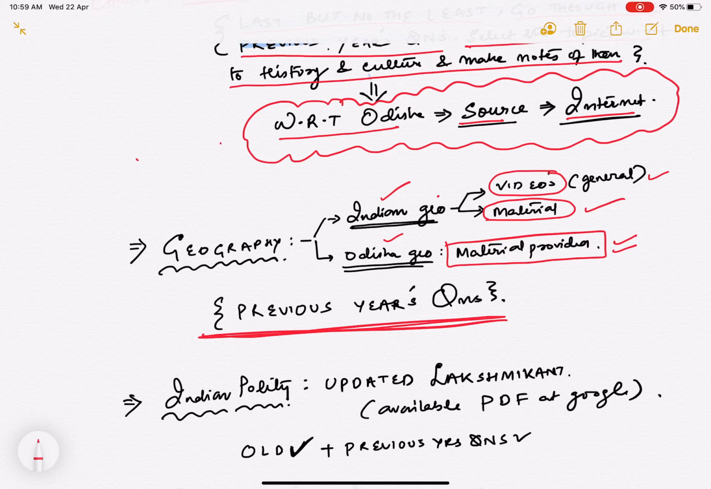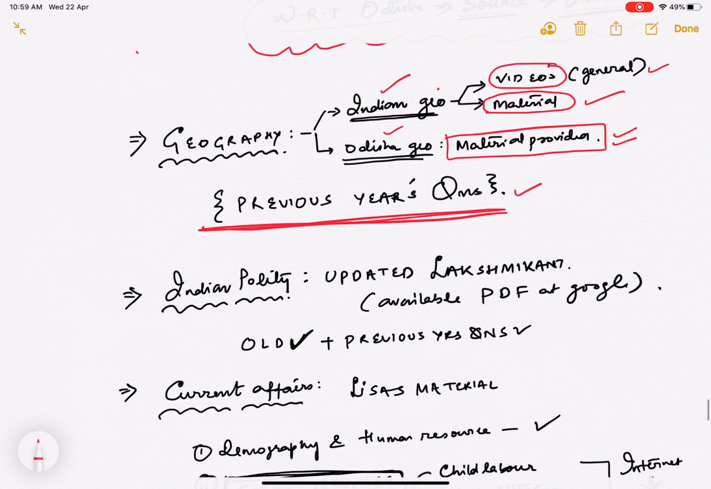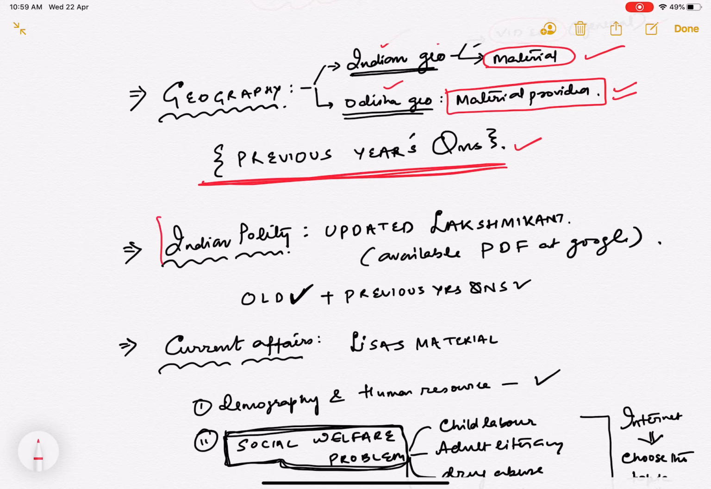Once you go through the previous year's questions, you'll basically have clarity over what the question pattern actually is, what they are actually trying to ask. And in that context itself, it can help you a lot. Next, with respect to Indian polity,